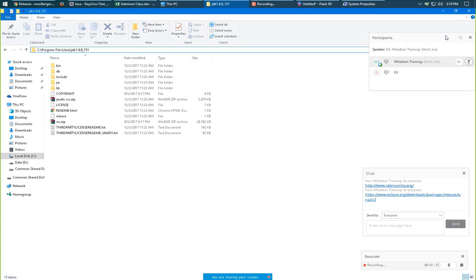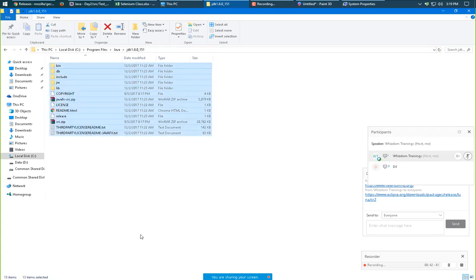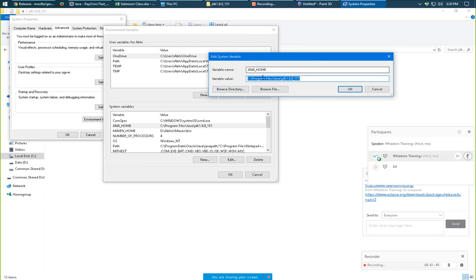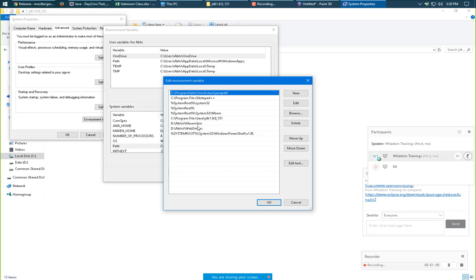So this is the location where all the files of my JDK are stored. What I did was create a new system variable named JAVA_HOME and gave the path of the directory. The second thing you need to do is go to the Path variable, open it, and add the directory there also. I have already added it here. If you face any problems regarding JDK, like Eclipse says JDK not found, this is what you have to do.